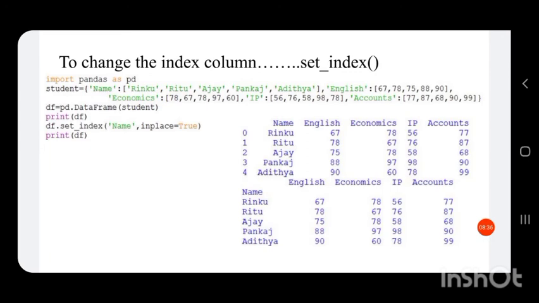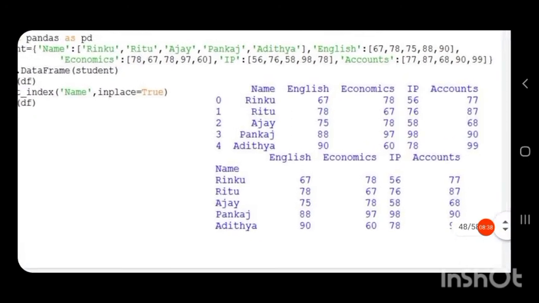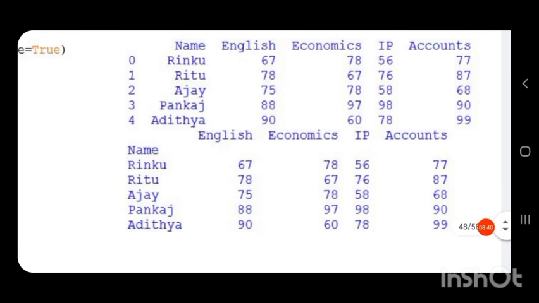So when we print the data frame, you can see our row indices 0, 1, 2, 3, 4 are replaced and the column name has become the new row index.